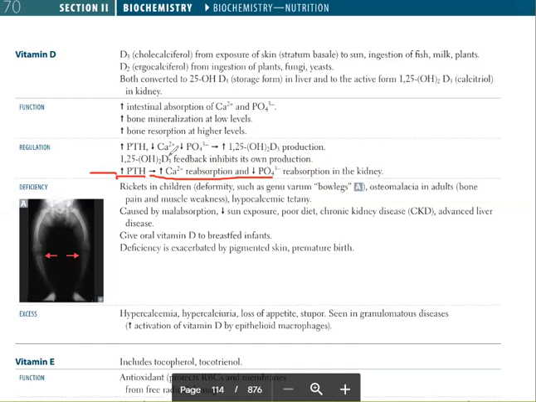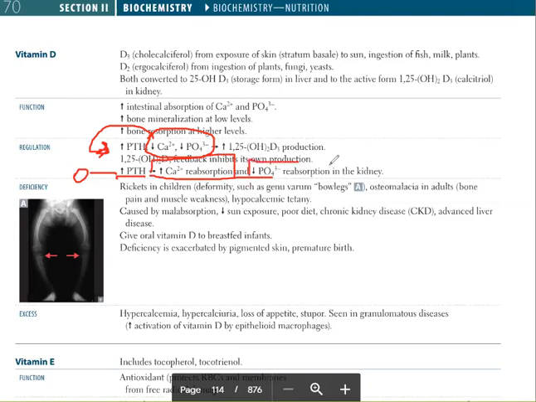It will increase, because the triggers were decreased calcium and decreased phosphate. They will give the signals to the parathyroid gland; we want more parathyroid hormone. More parathyroid hormone was secreted from this parathyroid gland. It will subsequently increase the calcium and the phosphate, increase the calcium reabsorption from the blood, and it